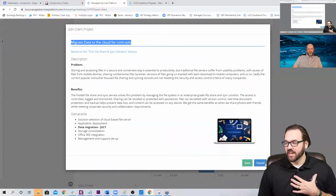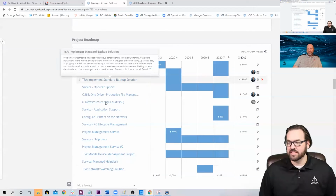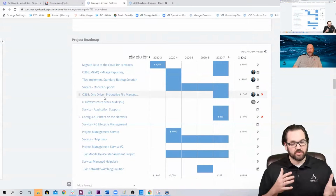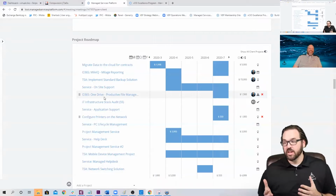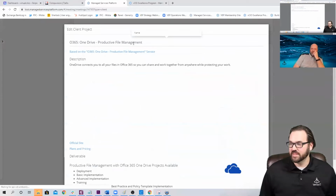Yep, and that is an excellent point, because business objectives on the roadmap right here, this means nothing to a client. Office 365 OneDrive, productive file management. I fell asleep before I finished reading that. That's it. But if I put down, up here...